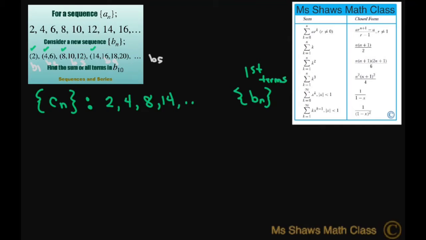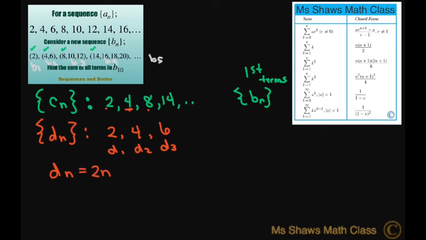All right, now let's consider another sequence, d sub n. What I'm going to do is take this term and subtract the first term. So that's going to be 4 minus 2 is 2, 8 minus 4 is 4, 14 minus 8 is 6. So this would be d sub 1, d sub 2, d sub 3. So for d sub n, that's going to equal 2n. All right, so this is a quadratic model we can create, and we can look at this and say, well,